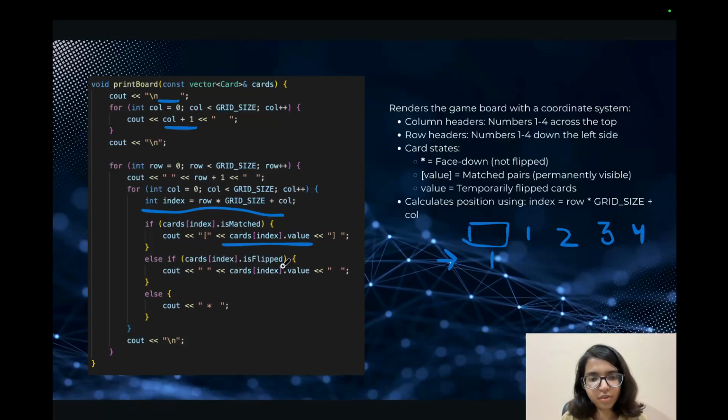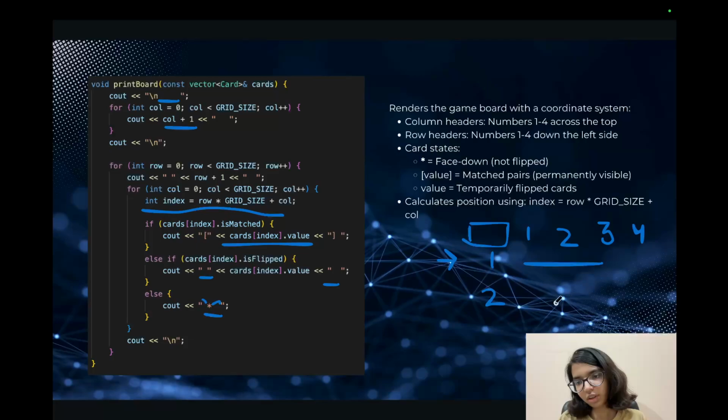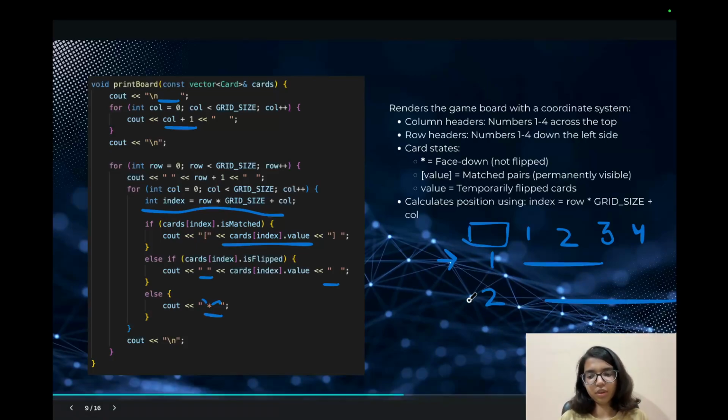If it's simply flipped, it will only be enclosed by spaces, and if it's not flipped or matched, it will just print an asterisk with spaces before and after. Then from a new line it will print the next row and the contents in that row. It will go till 1 2 3 4.